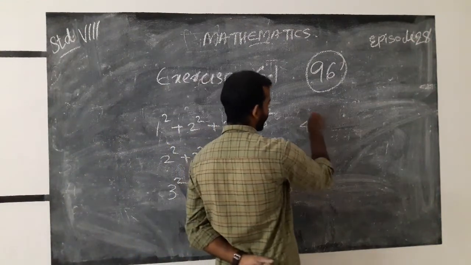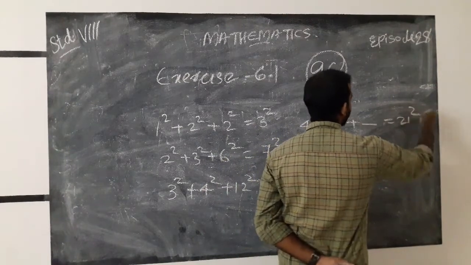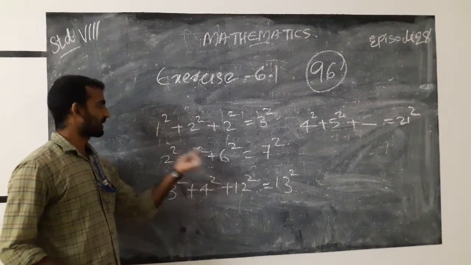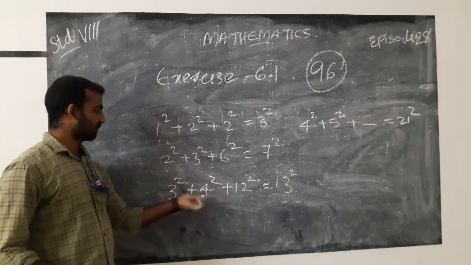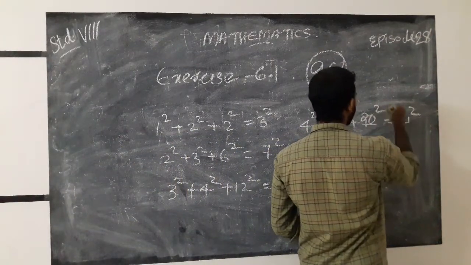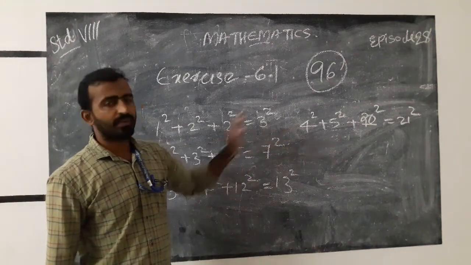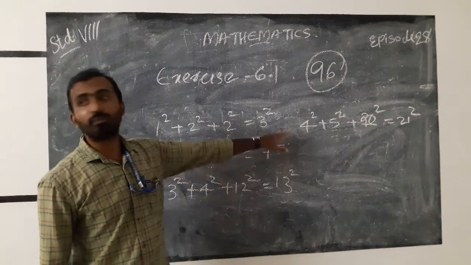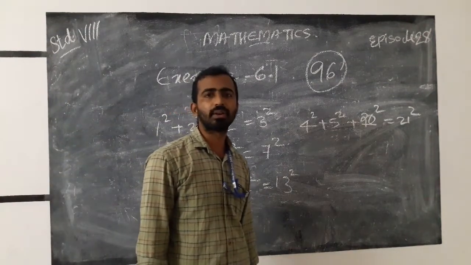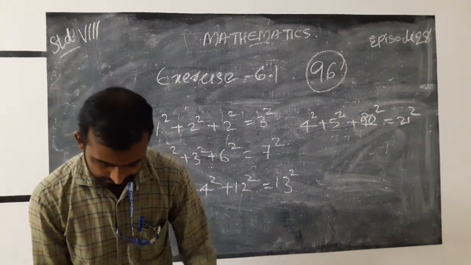4 square plus 5 square plus dash equal to 21 square. Here we can see that 1 into 2, 2, 2 into 3, 6, 3 into 4, we get 12. Then here 4 into 5, we get 20. 20 square equal to 21 square. That is, we get the correct answer. That is 4 square plus 5 square plus 20 square. That is 21 square. And next pattern is, what is